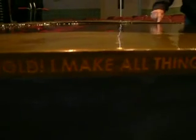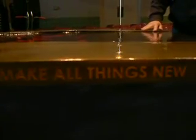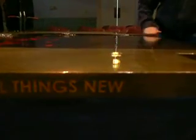And when did this get installed? This might be 2 years, a year and a half. It went to the National Youth Gathering, and it went to Houston to the National Convention. They're saying,